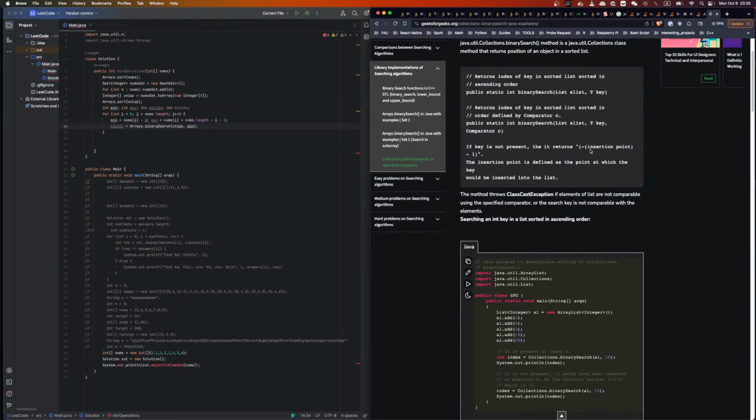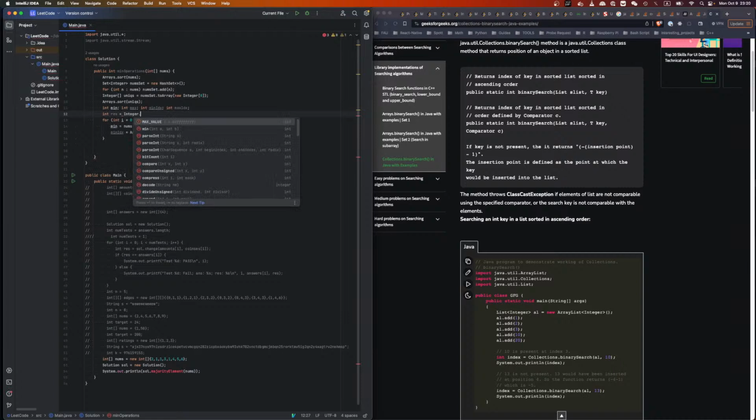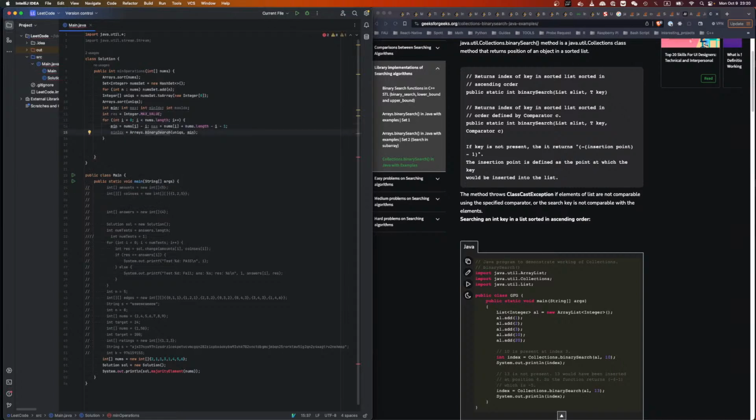Insertion point. So we'll do negative this, negative whatever it gives you, or this plus 1, negative this one plus 1, right? That will be where it's supposed to insert, right? So for minimum, I'll say we need to have int Integer.MAX_VALUE. Okay, so when we have the index, what we want to know is the number